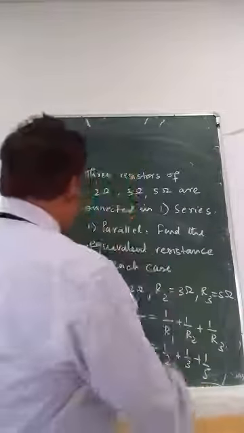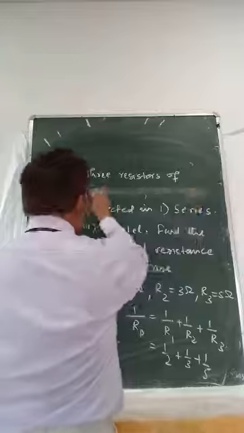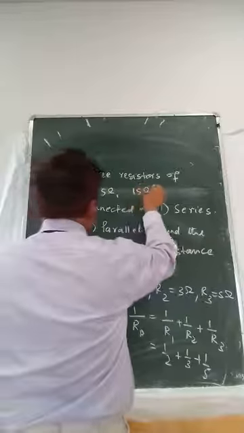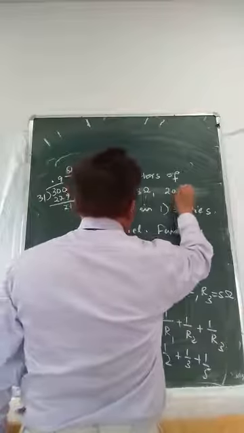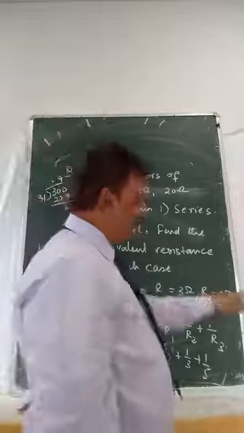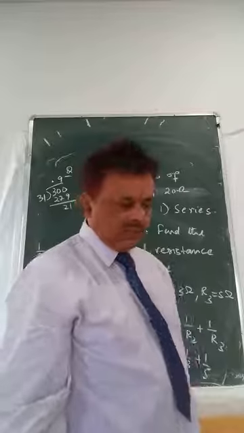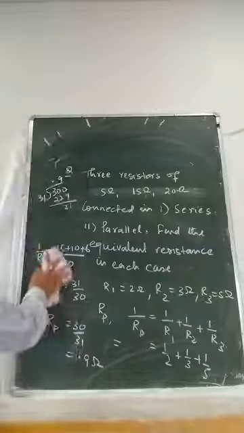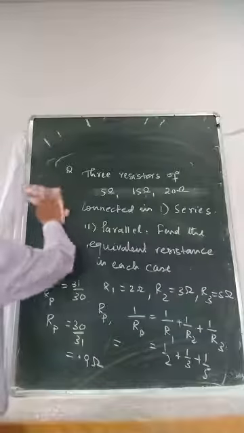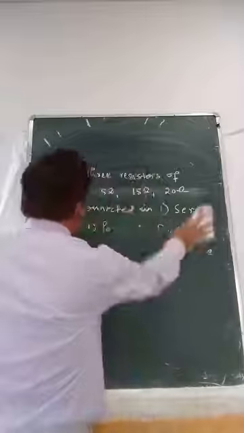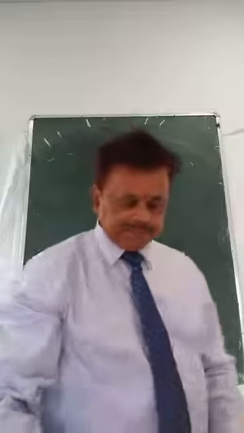Okay, so you try one question. I am giving here 5 ohm, 15 ohm, 20 ohm connected in series and parallel. Find the equivalent resistance in each case. Now let's go to some difficult questions. So the difficult question will be: